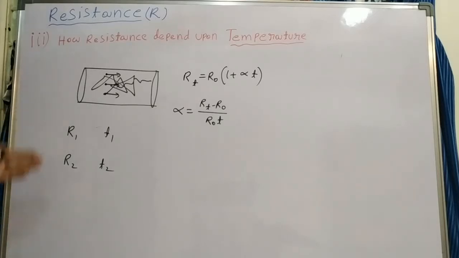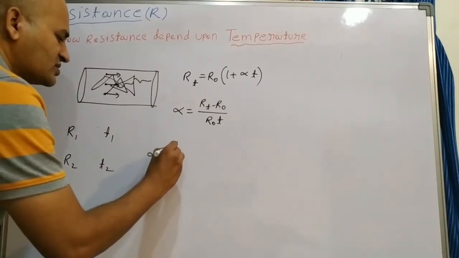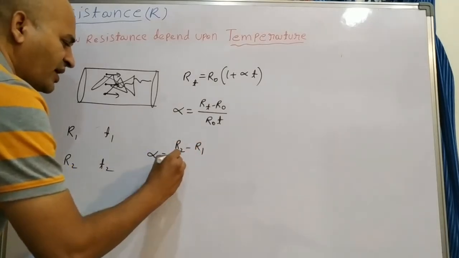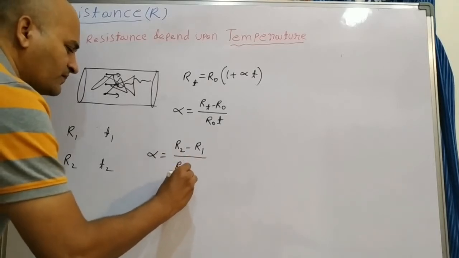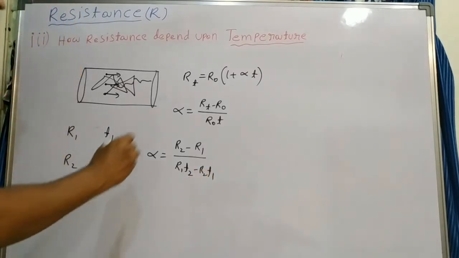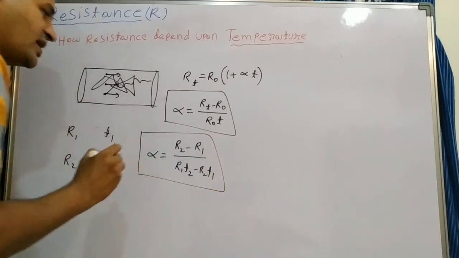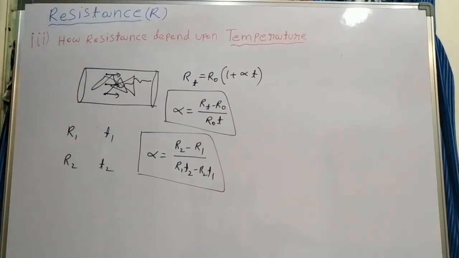So here for metals or for good conductors, resistance is proportional to temperature. From this what do you get? Alpha is equal to (R2 - R1) / (R1 T2 - R2 T1), we can write. The temperature coefficient of resistance alpha we can write like this. If you know the initial resistance at 0 degrees and at a particular temperature T, we can use this. At two different temperatures, if we know T1 and T2, and R1 and R2 are the resistances, then we can use this